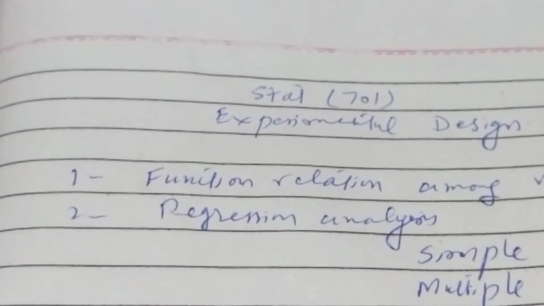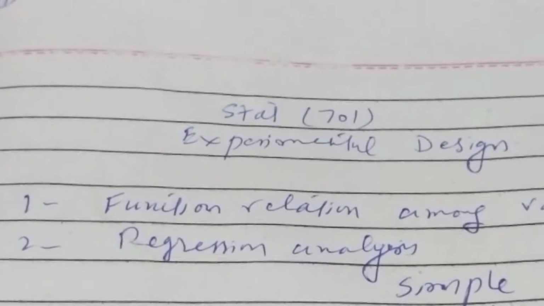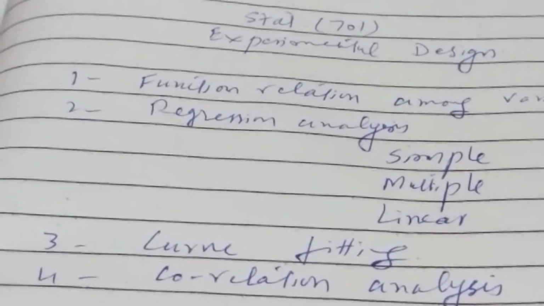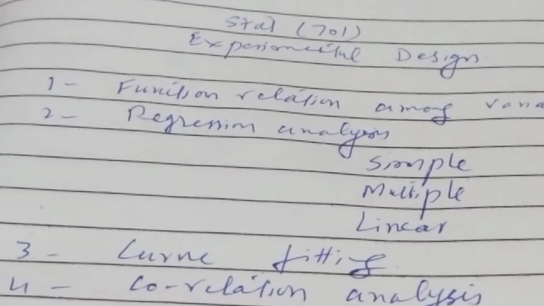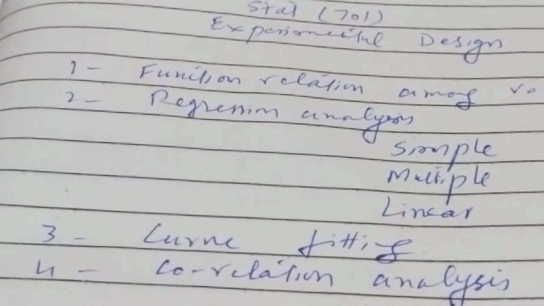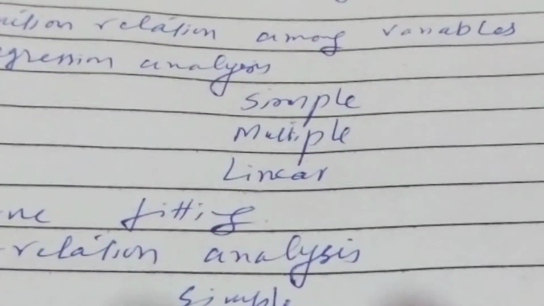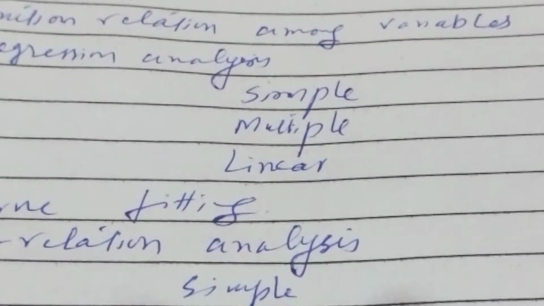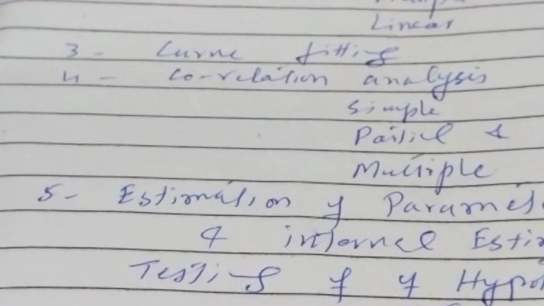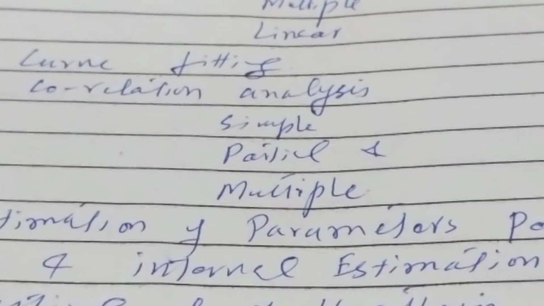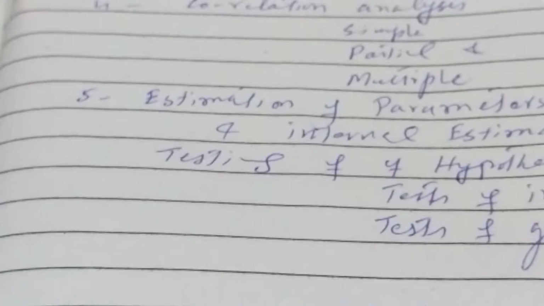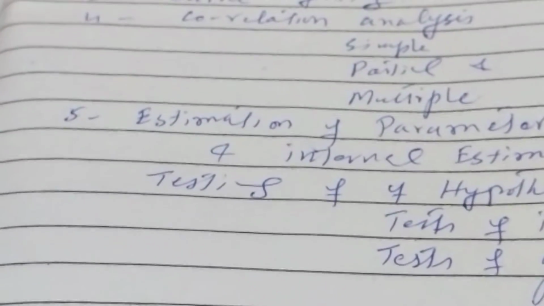Stat 701 Experimental Design. Students, as we have completed our session first, function relation among variables; session second, regression analysis, simple, multiple, linear; session third, curve fitting; session fourth, correlation analysis, simple, partial, and multiple. And now we are going to complete our session fifth,